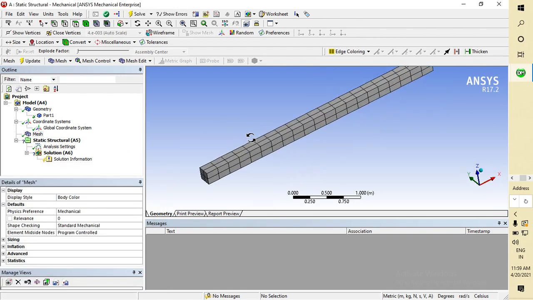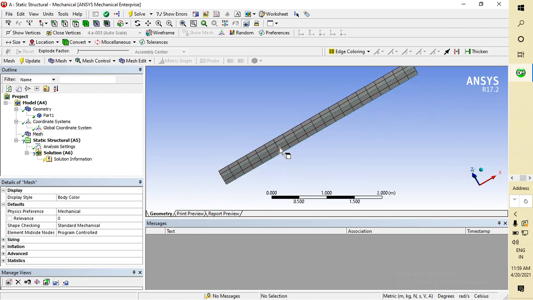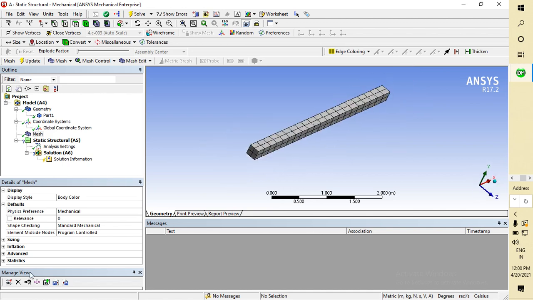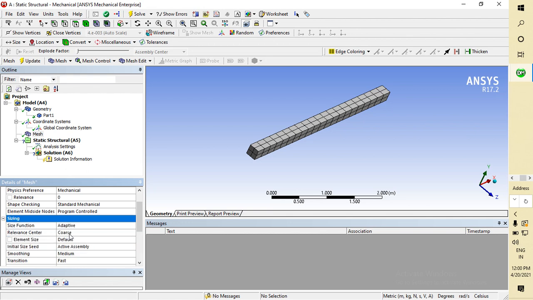These are rectangular elements; by default it is rectangular elements. And if you click on statistics, you will see there are 651 nodes and 84 elements.